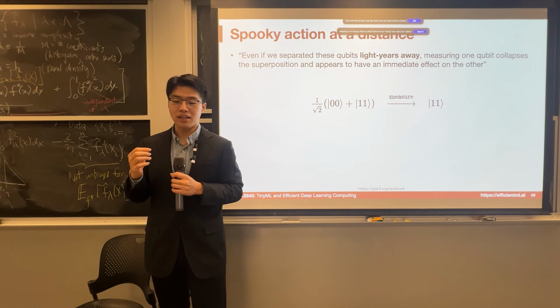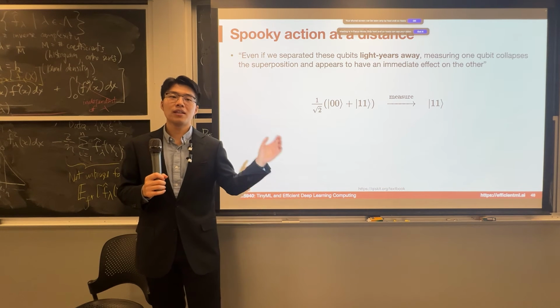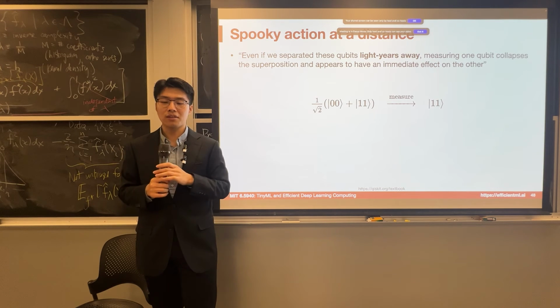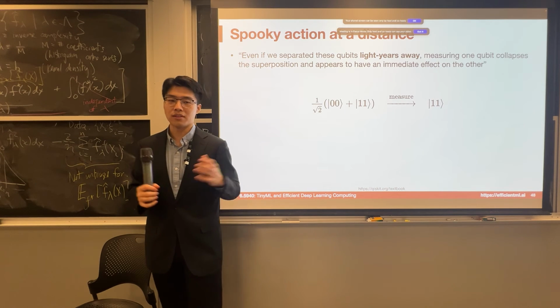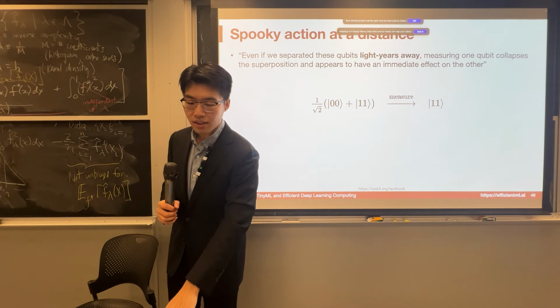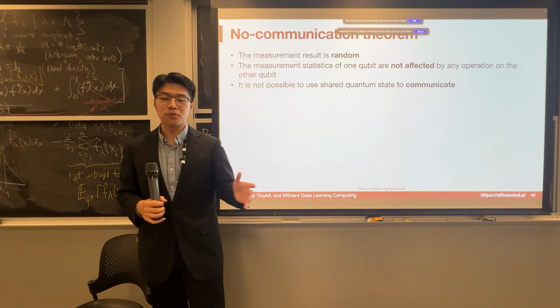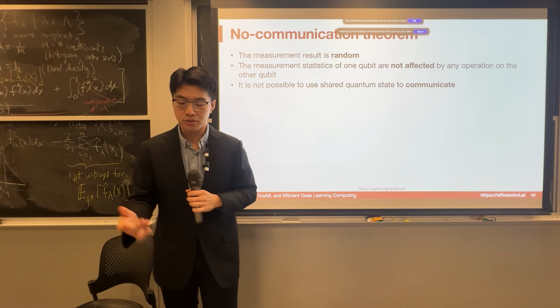The only thing you know is that after you measure this one, you know the other person's is still 1, but you cannot get any bit of information from the other side, right? Because of the pure stochastic behavior of these two entangled qubits. Okay, so just like we introduced, we are not able to do this measurement communication using these two entangled states.